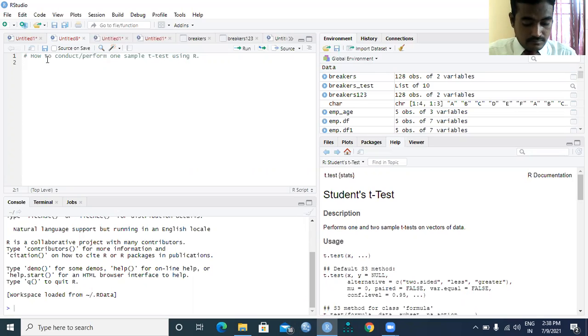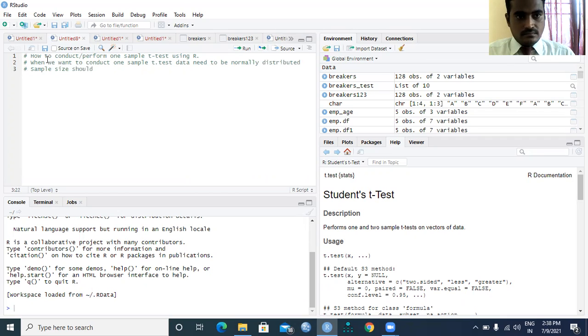So some requirements. When we want to conduct a one sample t-test, data need to be normally distributed, followed by sample size should be less than 30.